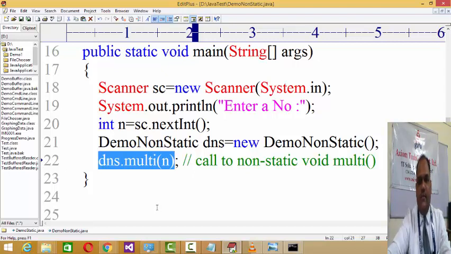Today's agenda was to discuss functions, programming modularity, and the division of processing logic, separating it from main into methods. I already explained the difference between a function and a method. A method belongs to a class, it's wrapped in the class. But there are two types of methods: one is the static method and another is the non-static method. We'll try to solve some assignments by writing static and non-static methods in my sessions.